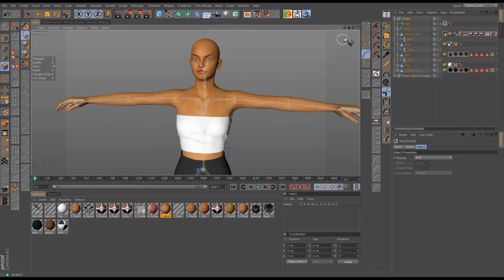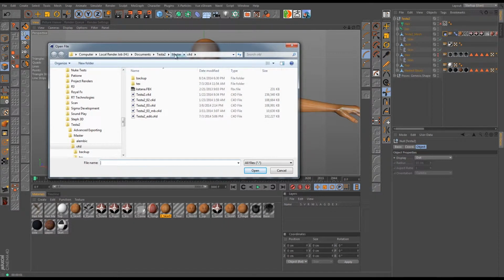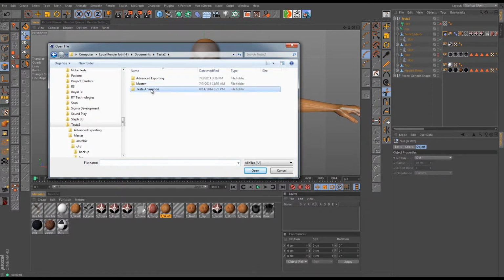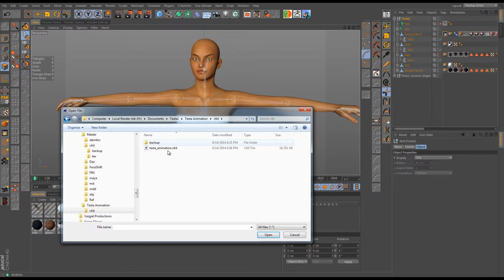So to do that, we can use Xrefs. Let's go ahead and open up our scene. We've got our Testa animation scene, and in here we've got a CD4D folder, and that folder is going to have our animation. This is the shot that we want to integrate her in. She's been called for in the script to be in this shot to do a specific thing. In this particular case, she's going to a table, picking up a katana, and doing a flip. So if we open up this shot,